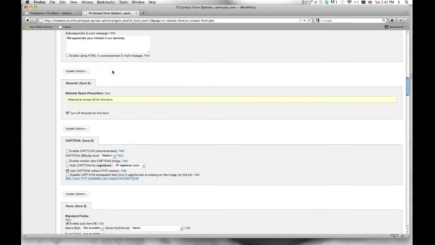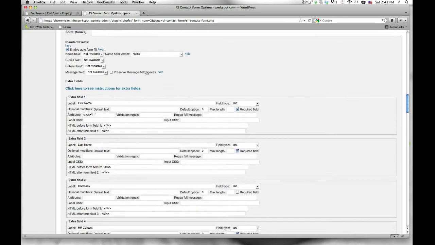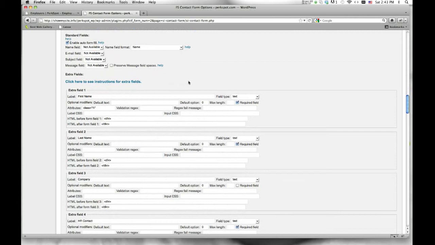Going back, you also have an option to set up captcha if you do want to make sure that no robots are submitting forms and you're just getting blasted with a big volume of pointless information, really. Going down right here, this is where all the fields are set up. We disable the default fields in the form since we do have more than 4 and we're using them in